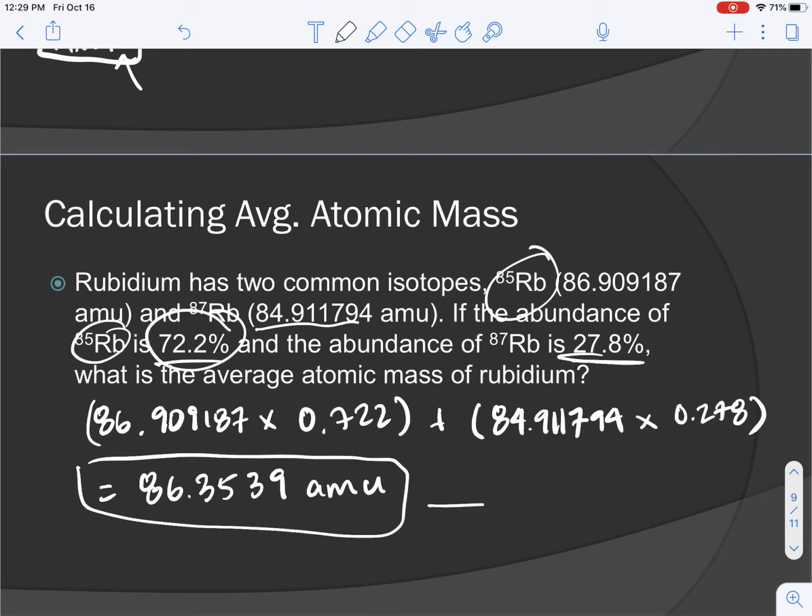Is there one rubidium that weighs that amount? No, there's not. But if you have a sample of rubidium, a giant sample of it, then the average would be very close to that. Okay, this has been a fun exercise in calculating atomic mass and also